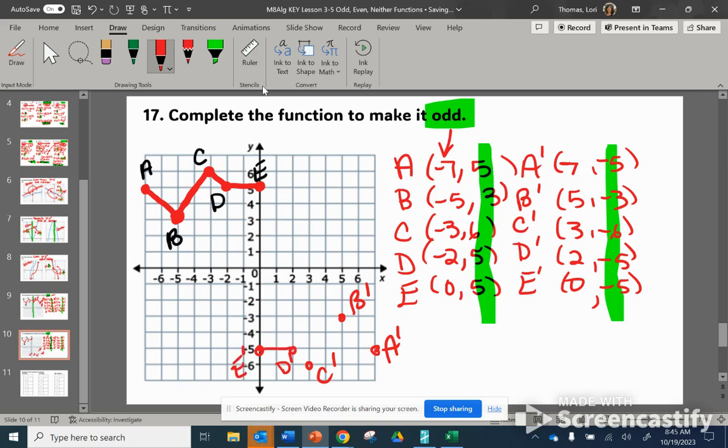And then we're going to connect those. And so if we were to rotate this around 180 degrees, what's in quadrant 2 is now in quadrant 4. It's rotated. So that makes this